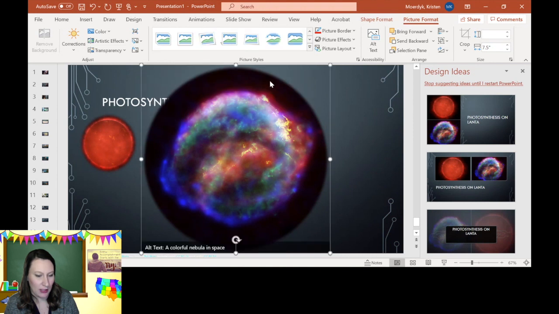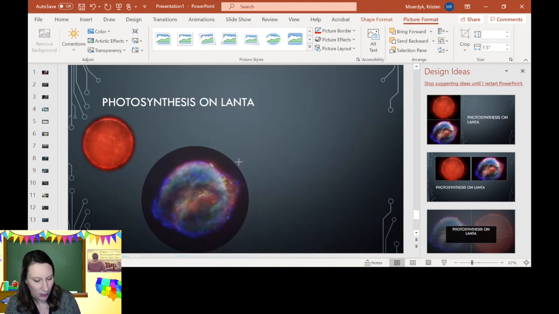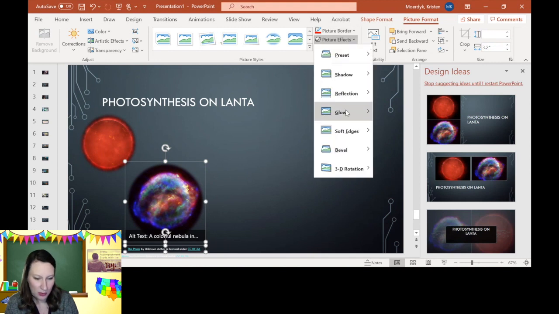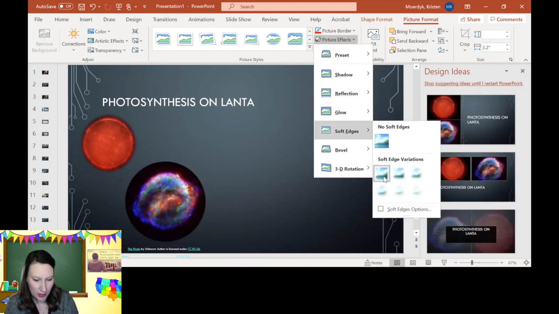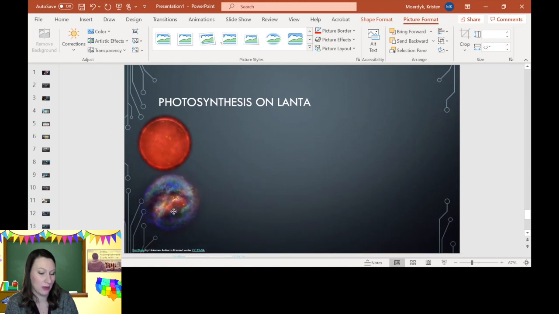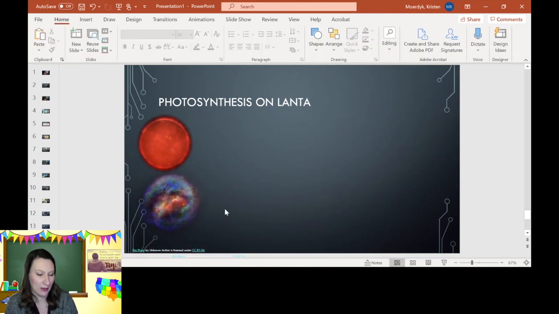I'm going to give it the soft edge. I'm going to shrink it down. And then I'm going to go to picture effects, soft edges, and let's make the soft edges really soft here. Ooh, that's kind of cool looking. That's really cool looking. I like that. Okay. Now we need to continue our